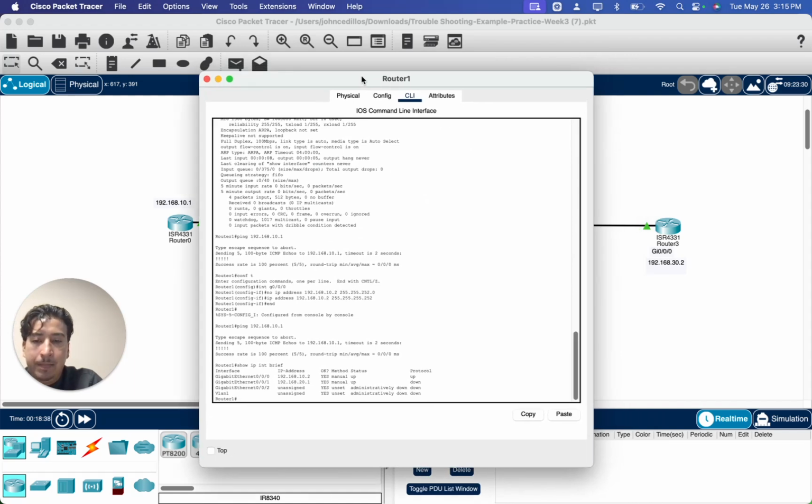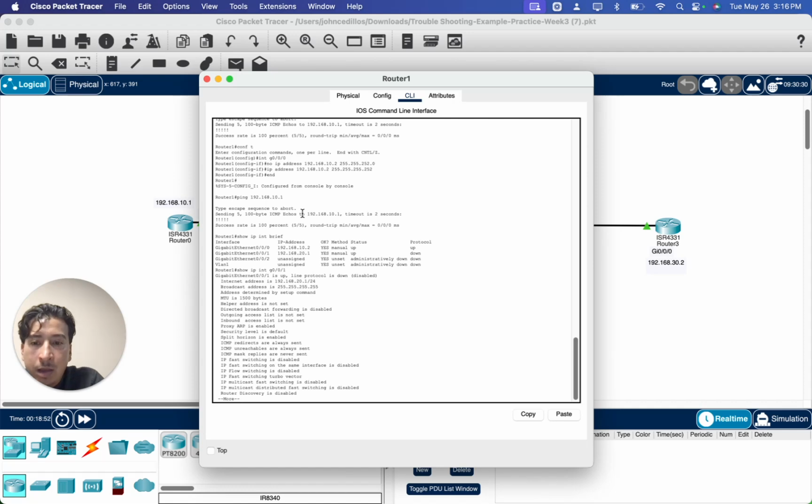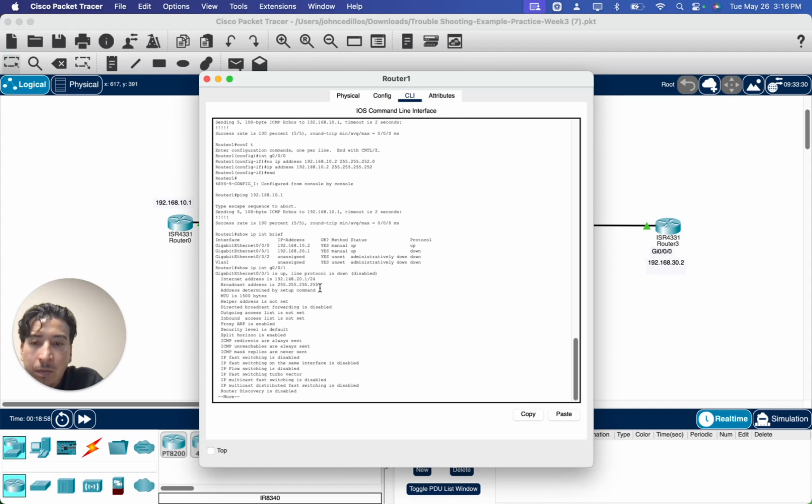Okay, so show IP interface gig 0-0-1, and we see it is okay. Okay, so it's 192.168.20.24. Okay, so what I'm gonna do is have all these be